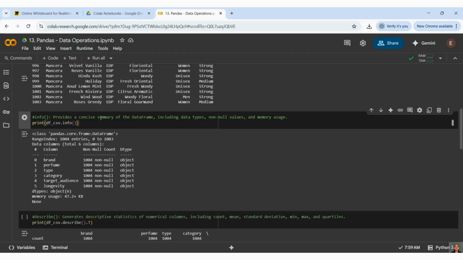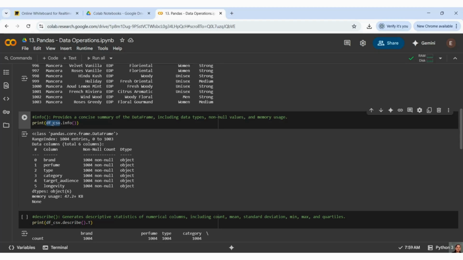However, when any format is converted in pandas, it is called a data frame, or the base of that thing is called a data frame. However, we are calling this a data set because we are working on it, right? Info is going to tell you what the data types of the columns are, how many non-null values there are, and what memory it has taken. Everything we are getting.